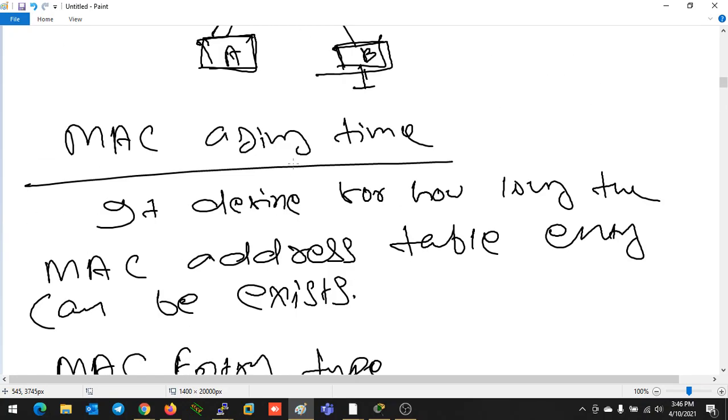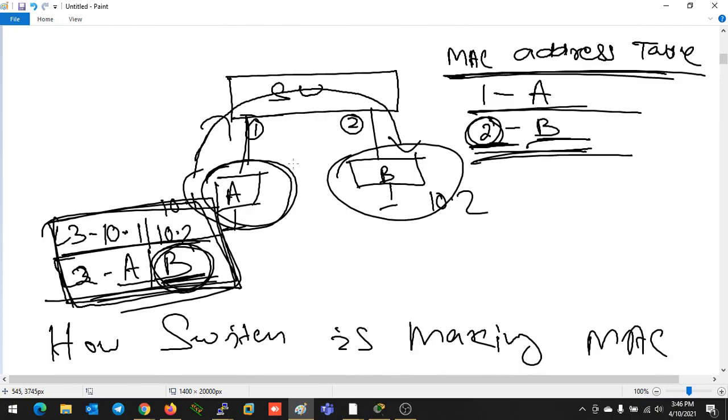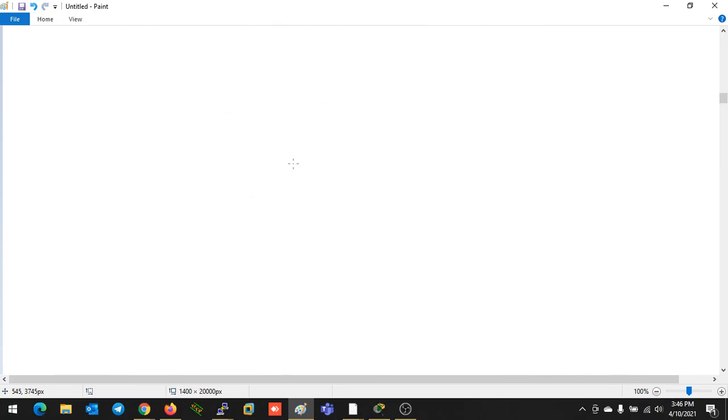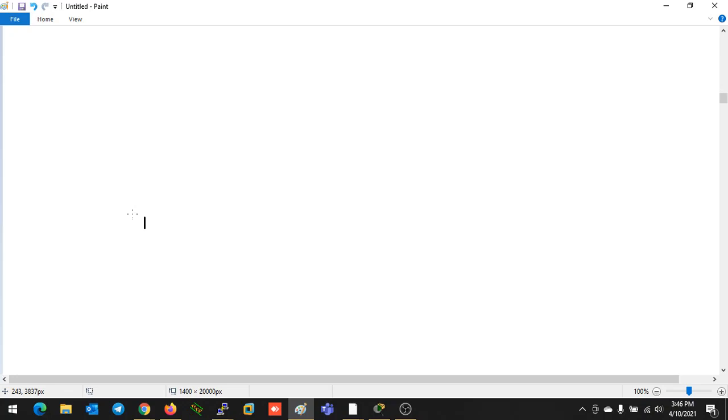I hope you got to know how the switch is building the MAC address table and how the switch is taking the forwarding decision on the basis of the MAC address table. Now, our switch can receive different kinds of data. According to the type of communication, we have unicast, broadcast, and multicast communication.